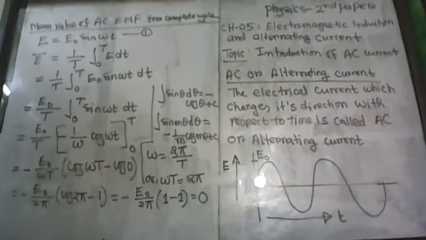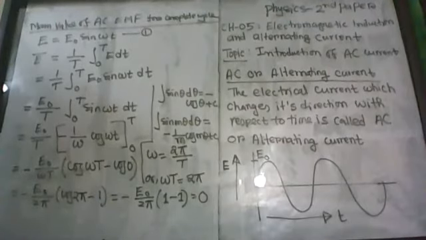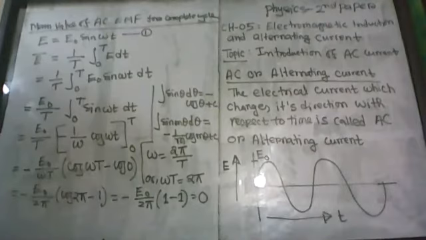So I can say that the average value, the mean value of this AC electromotive force, gives you 0 value. So the average AC electromotive force will equal 0. Now, what is the value of the average AC current? I think it will also be 0. Then let's calculate this.